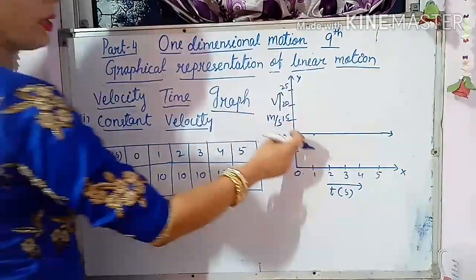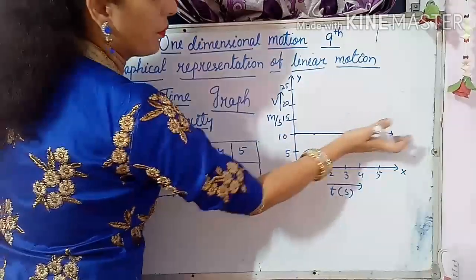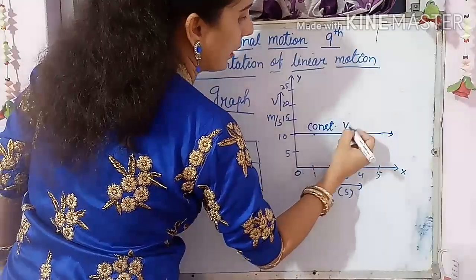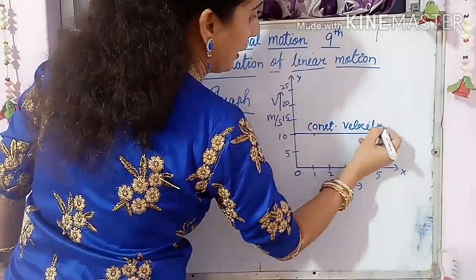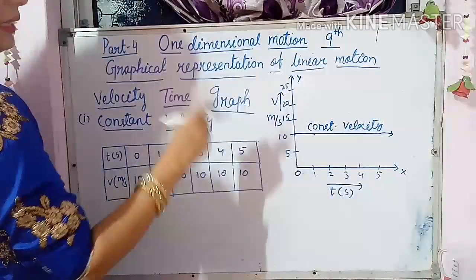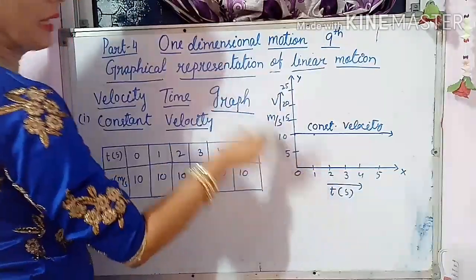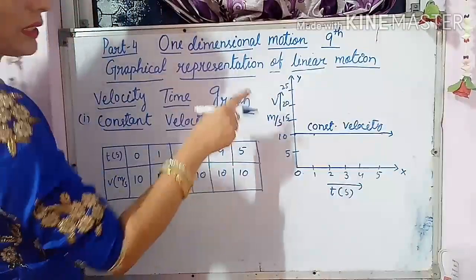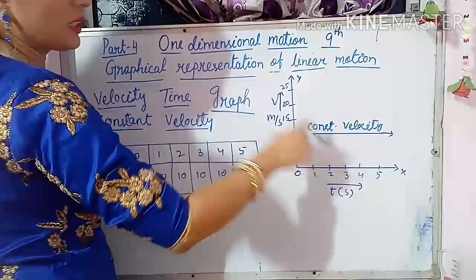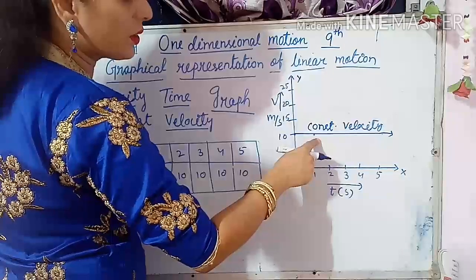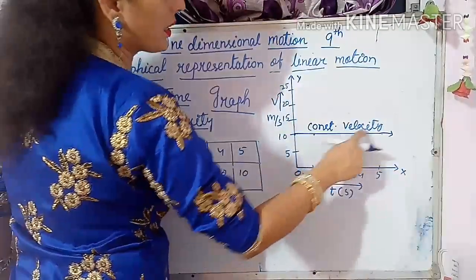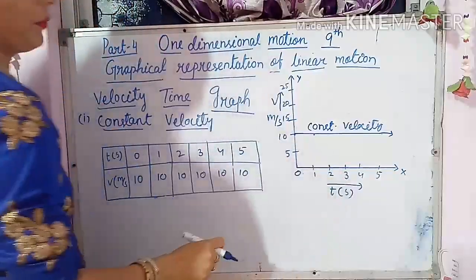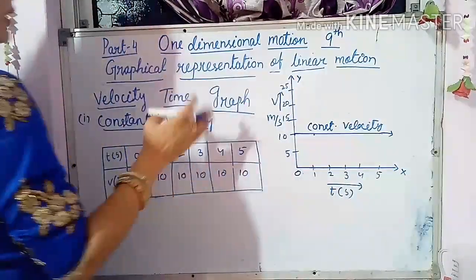So if this type of graph is coming, you can say that it is constant velocity. But again I want to remind you, that time it was the displacement-time or distance-time graph, and the body was at rest. But here the body is not at rest. The body is moving, but how? It is moving with constant velocity, because the parameters are those of a velocity-time graph. Now children, understood?